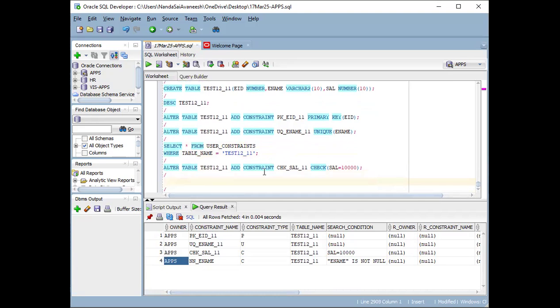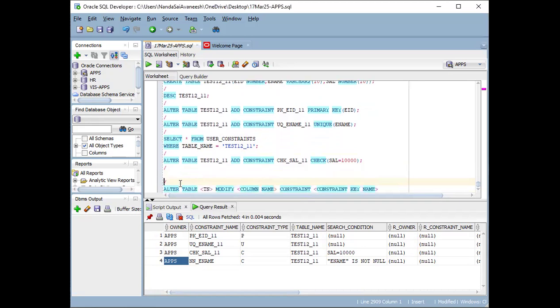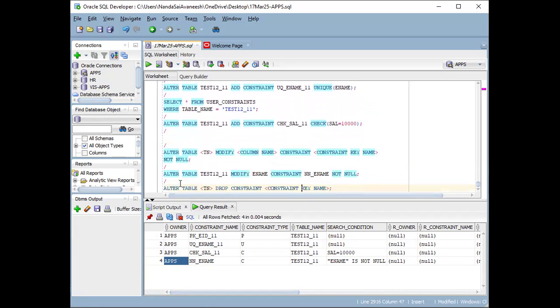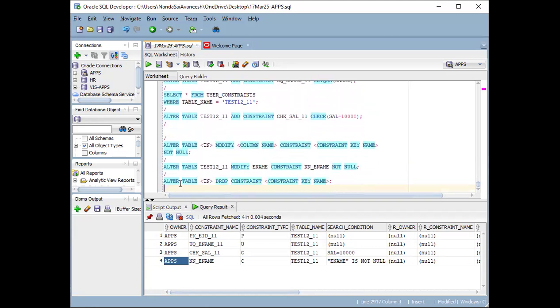So how will you drop a constraint if it is not required? Then how will you drop this constraint? You can use alter table name, drop constraint, and the constraint name we have to provide. Already we have the constraints here, so to drop these constraints, we have to provide the constraint name. For that, we have to use this syntax, that is